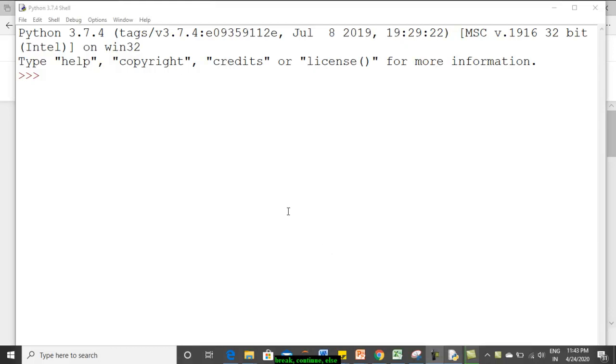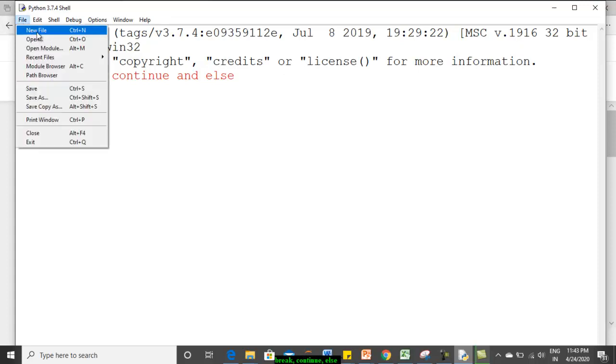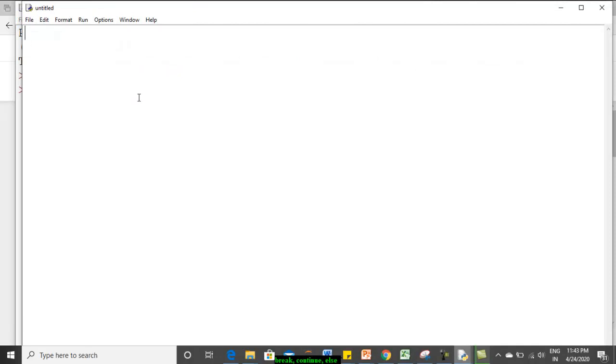With the understanding of for and while loops, now we are going to look at three special commands available in Python: break, continue, and else. Let us see this in detail using a program. So now let us write a program